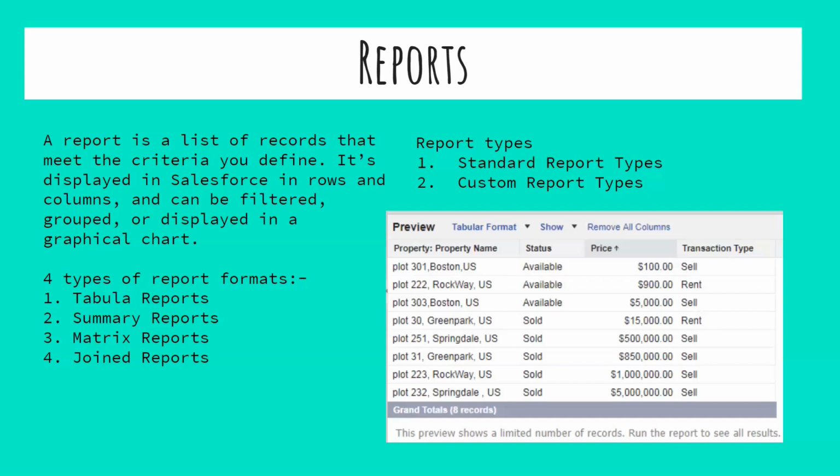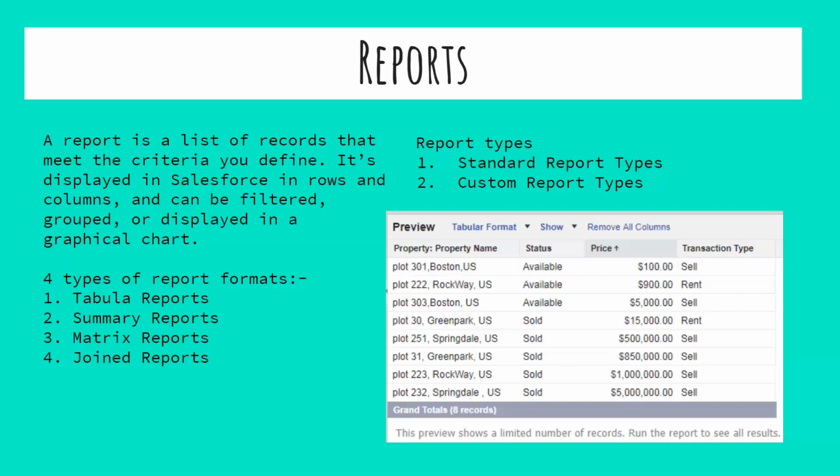So let's talk about the report types. Report types are basically of two types: standard report type and custom report type. By the name, standard report types are automatically included with standard objects and also with custom objects where Allow Reports is checked while creating your custom object. So this is a standard report type, and a custom report type is where we develop that template using the custom report type tool which is present in Salesforce. I will show you how you can create your own custom report type.